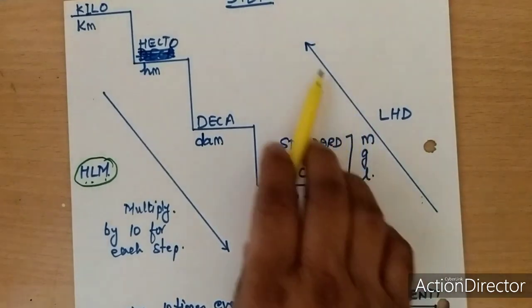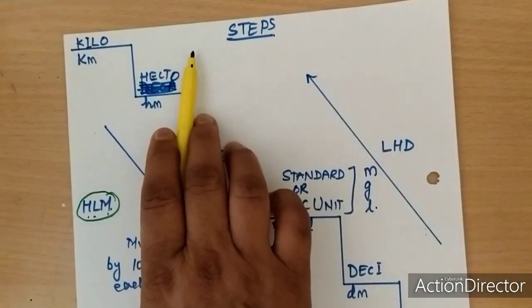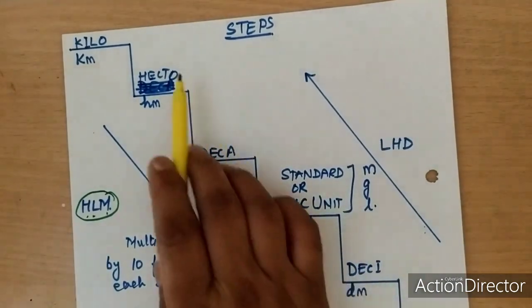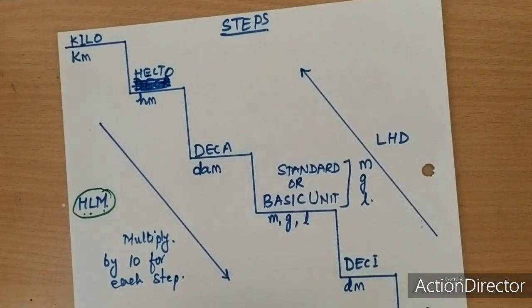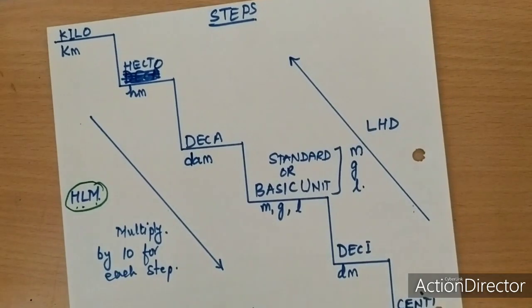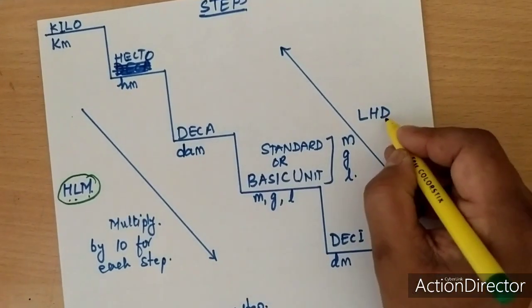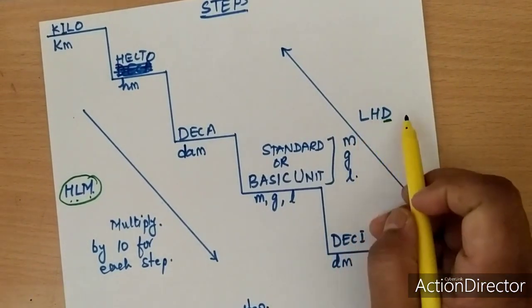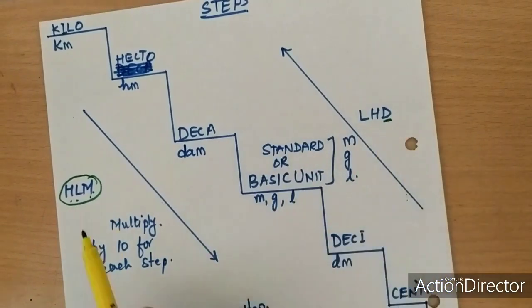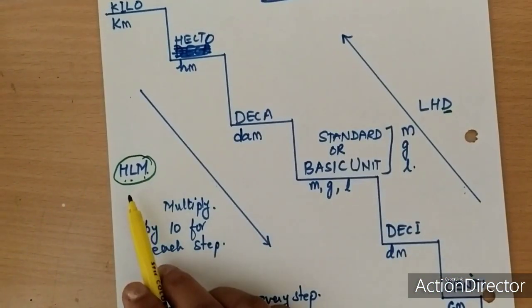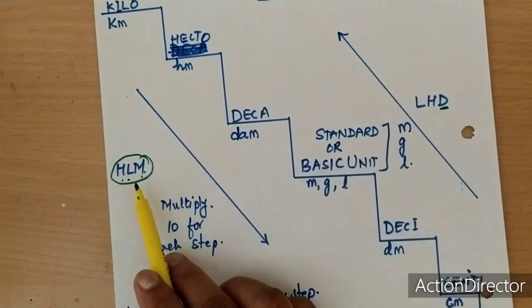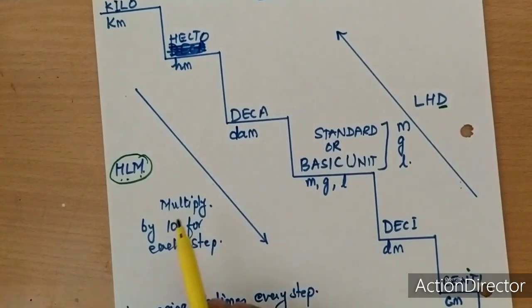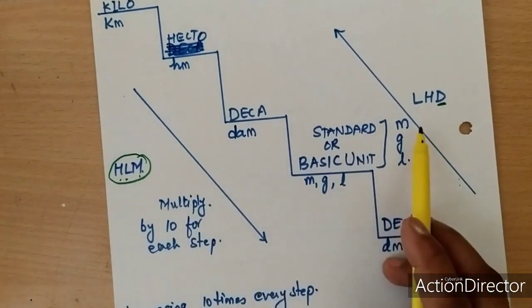But on the other hand, when you are going to change from lower to higher, what do you think? जब हम नीचे से ऊपर की तरफ चढ़ते हैं तो सोचते हैं ना स्टेप्स छोटे छोटे होने चाहिए, स्मॉल स्मॉल होने चाहिए. जल्दी जल्दी चढ़ेंगे, बड़े बड़े स्टेप्स होंगे तो थक जाएंगे. So you think that steps should be small, and that happens only when you divide. Okay, so LHD, it is not in alphabetical order. When you learn HLM, it is alphabetical order. On the other hand, remember from lower to higher, divide. And when higher to lower, you have to multiply. तो आपको ये समझ आ गया होगा कि कहाँ मल्टीप्लाई करना है और कहाँ डिवाइड करना है.